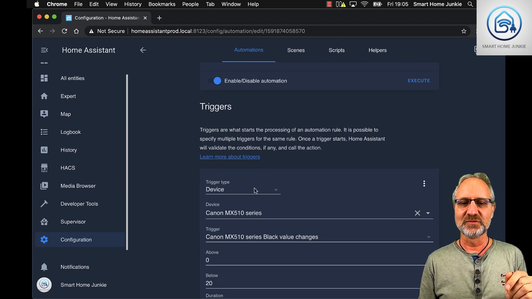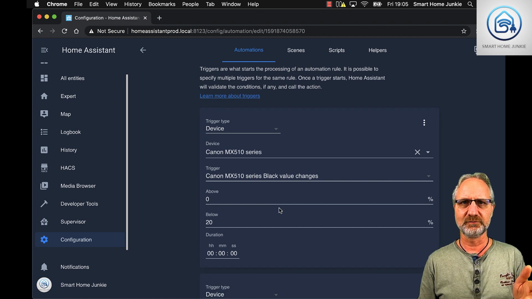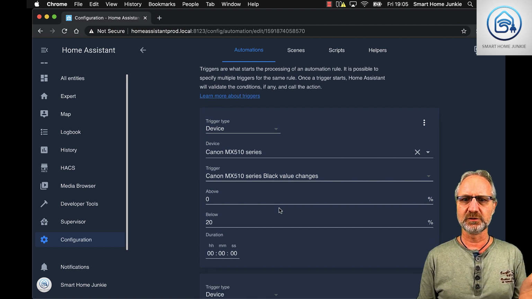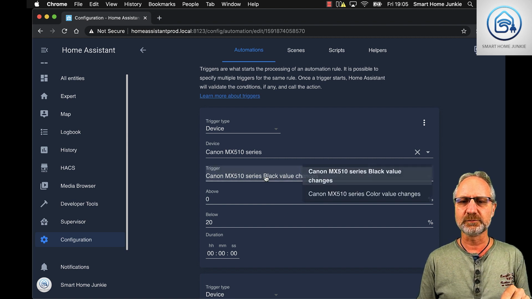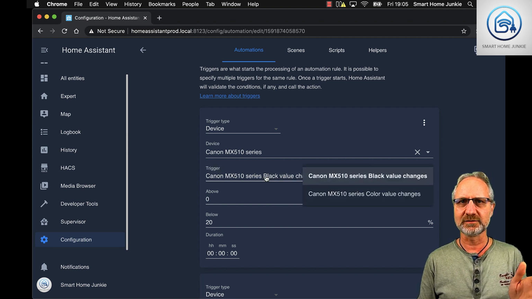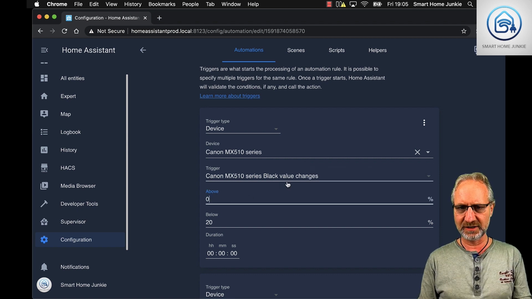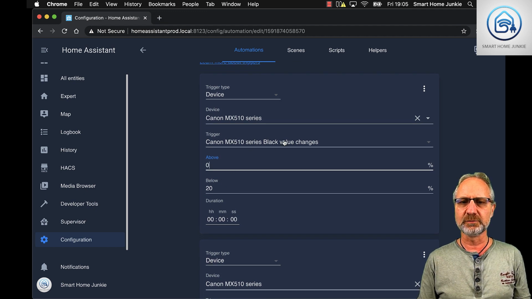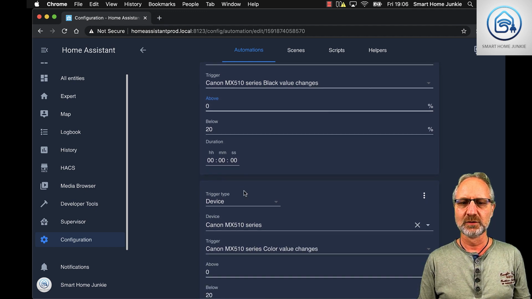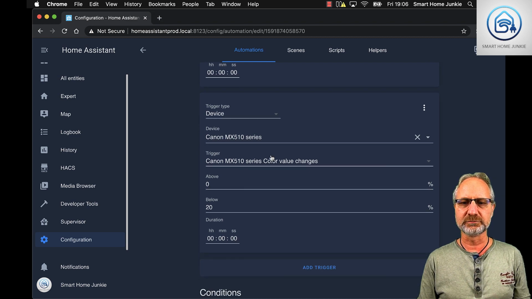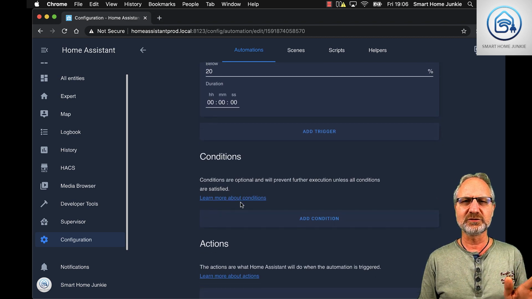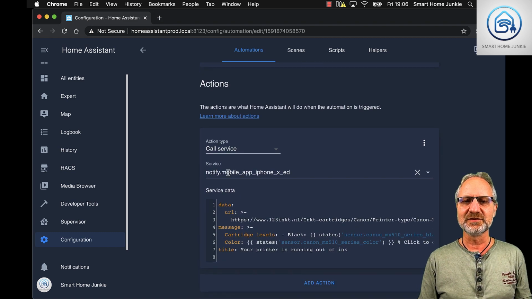I have a printer. It's a Canon MX510. It's an old printer, but it works, and you can use your own printer for it. And I have triggers on that printer. I noticed that Home Assistant has these triggers by default, that you can see the value of the black cartridge and the value of the color cartridge. So basically what I'm saying here is, if the value of the black cartridge is below 20, or the value of the color cartridge is below 20,